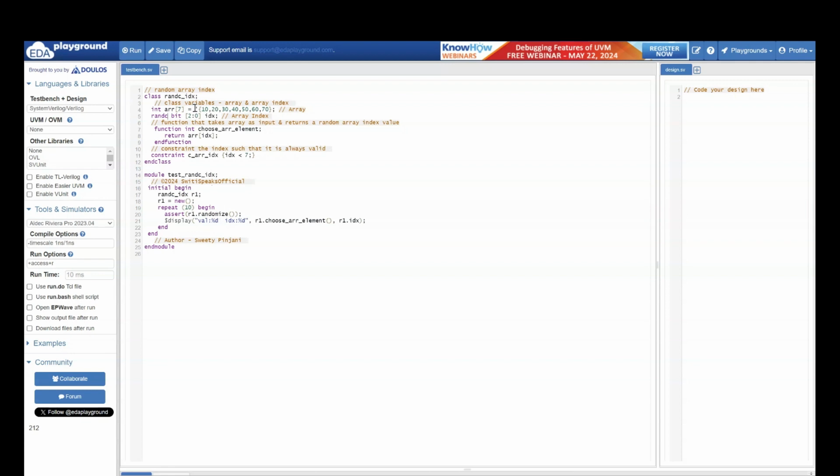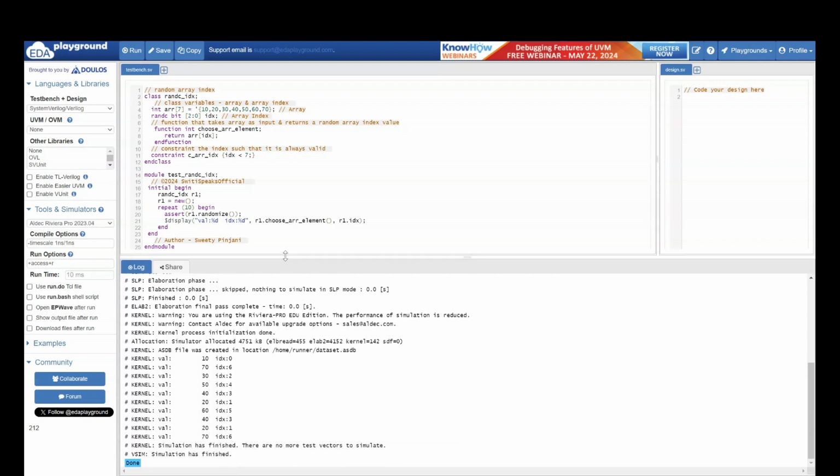Whenever you randomize, you will get a different value of index. If you get a different value of index, every time a different index will be chosen and a different array element will be chosen corresponding to that index. Finally, we are displaying the values. Let us see the output.